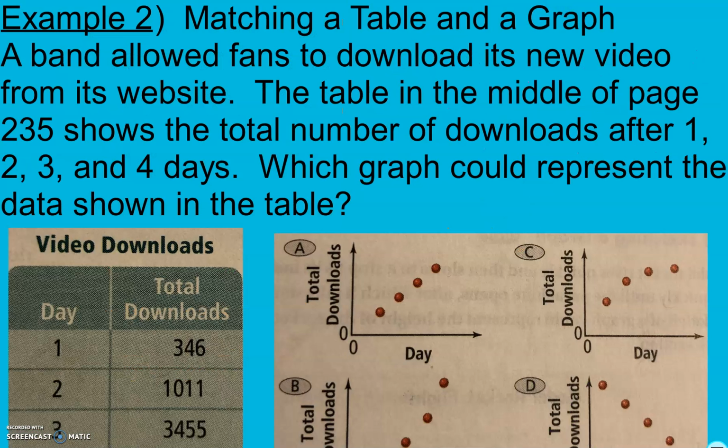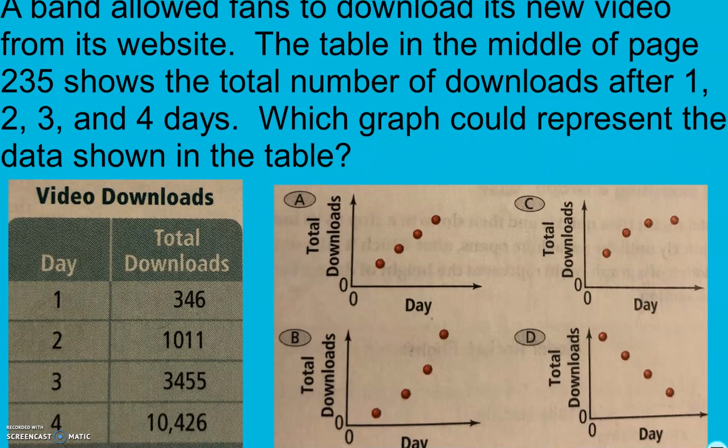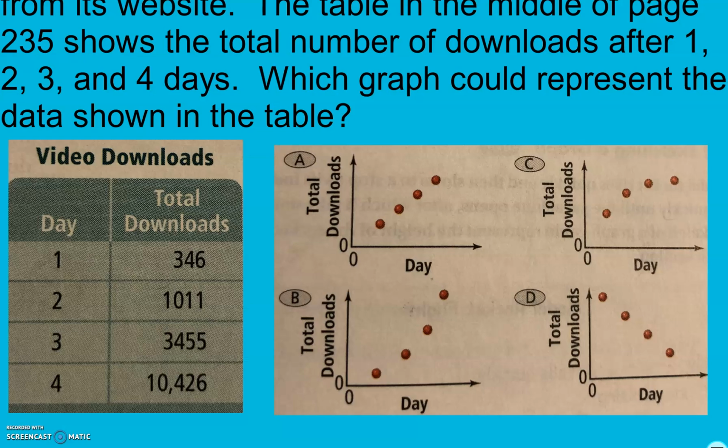Example 2 is matching a table and a graph. A band allowed fans to download its new video from its website. The table in the middle of page 235 shows the total number of downloads after 1, 2, 3, and 4 days. Which graph could represent the data shown in the table? So if we look here, none of our graphs have numbers, so we have to look just at our patterns. So as my days increase, from 1 to 2 to 3 to 4, as I go left to right,